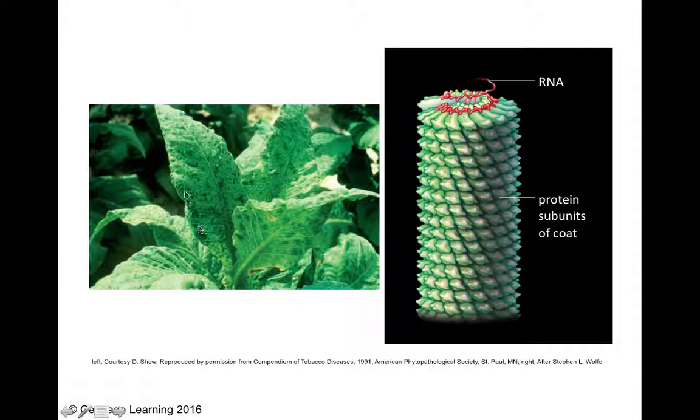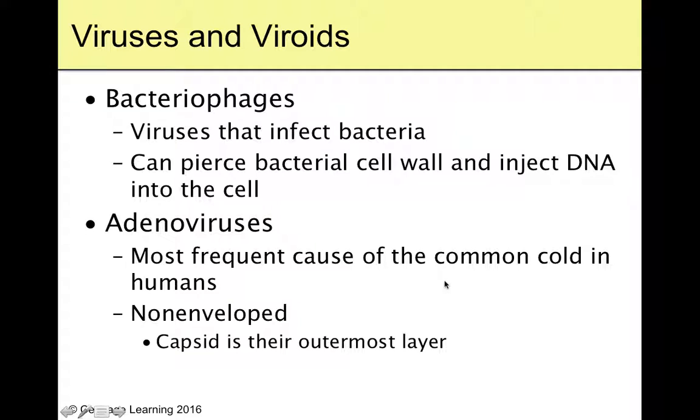Here's tobacco mosaic virus. Of course, the plant leaf, instead of being a consistent green, is all kind of blotchy and unhealthy. And this is the structure of the tobacco mosaic virus here, and it has a circular RNA. And then here's all of its protein subunits that need to somehow get into that plant. And when they get into the plant cell, they release that RNA. The RNA is copied by the cell's machinery, which makes more of the viral RNA, makes more of the viral proteins, assembles them, and then sends them out to infect the cell's neighbors.